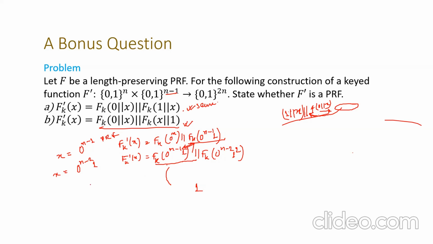But if the adversary is interacting with a truly random function, then this is a 2n bit length string and this is a 2n bit length string, and the probability that the second half of the first string is exactly equal to the first half of the second string will be over a total 4n bit length string, and this will be